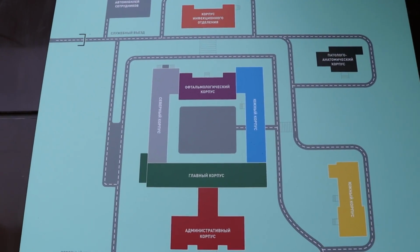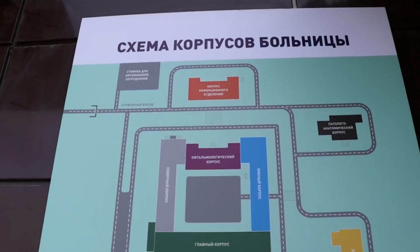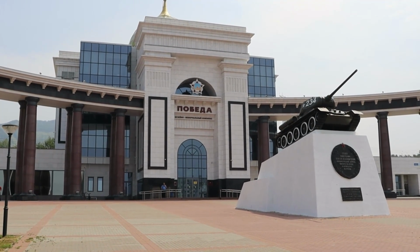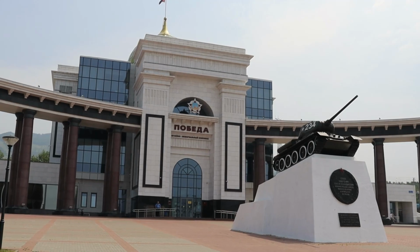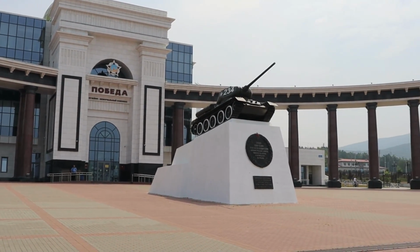This is the map of our city. As you can see, it's very small. It only has like a bunch of buildings. Alright, I'm kidding. This is the map of a local hospital. So we're gonna start with this place, not because this is the best place in the city, but because I live nearby. The building in front of you is the Victory Day Museum, World War II Museum, and right next